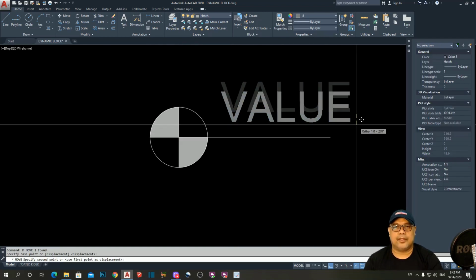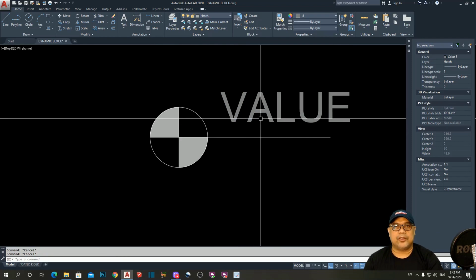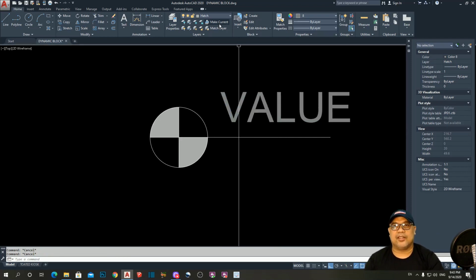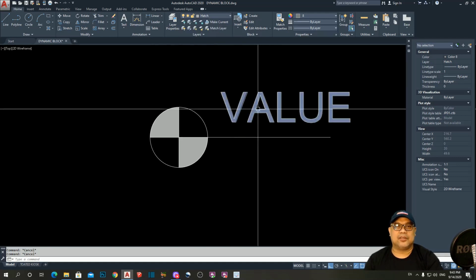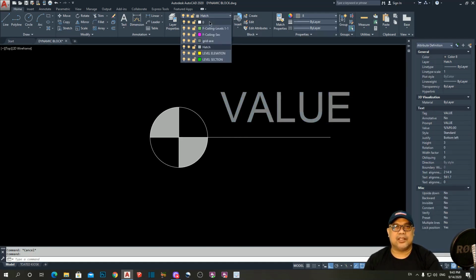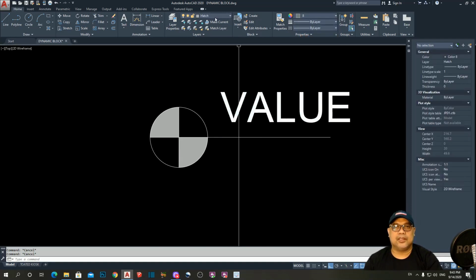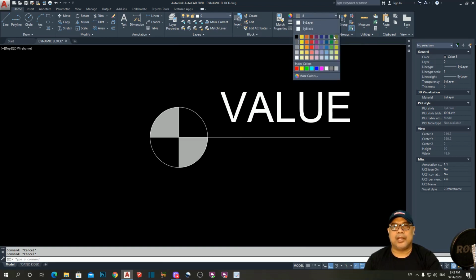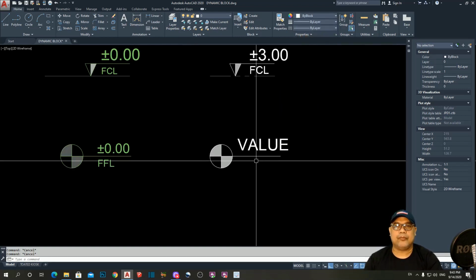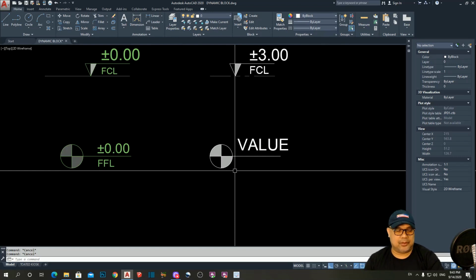Okay, why color gray? Because we forgot to return it back to layer 0, so I have to make this one again layer 0 and color by black. Okay, so don't forget to set this one to 0 and by black. Okay, then the second attribute,